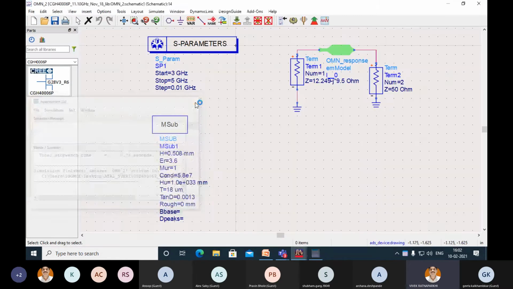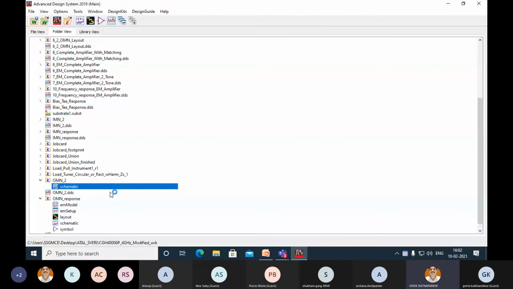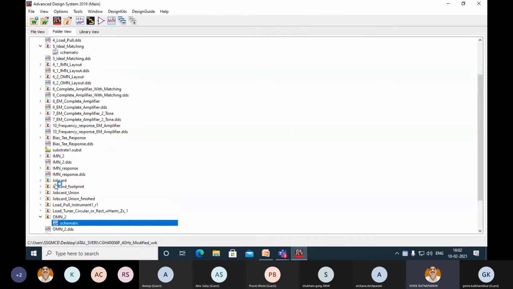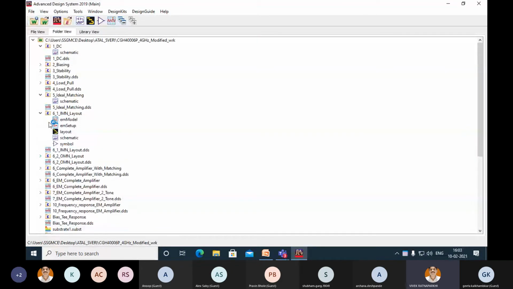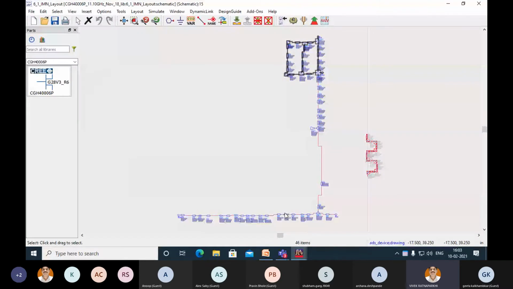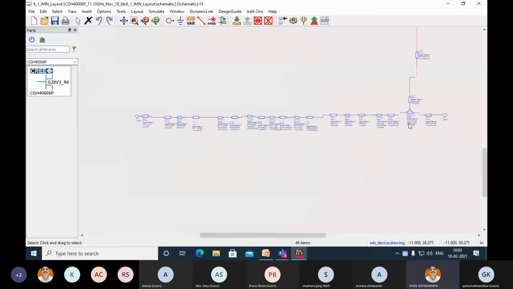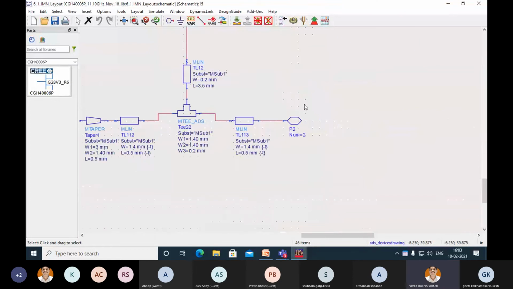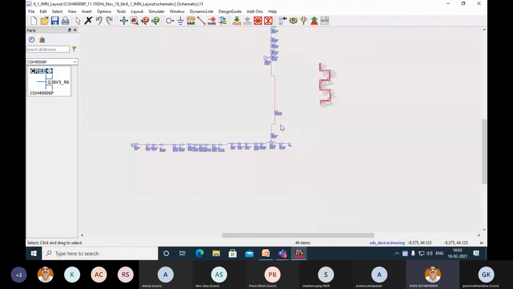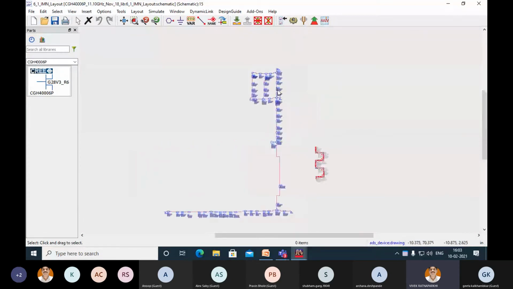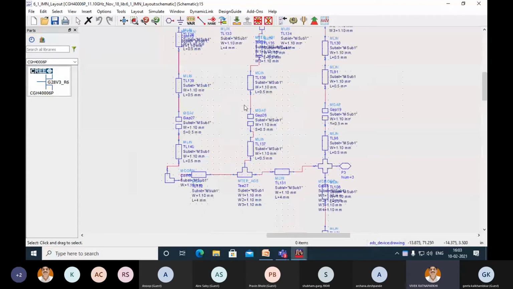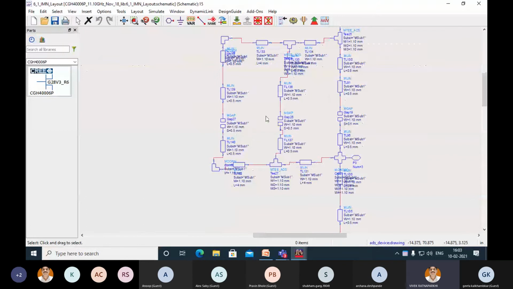So I tried to make the input and output matching networks, but we have to make the input side separate and the output side separate. So what I did, I created the schematic. See, this is the matching network. Here the gate of my transistor will come to this port. Then at the top I have the gate bias T, and practically I have used 3 bypass capacitors of different values. So I have created a provision to use 3 bypass capacitors.